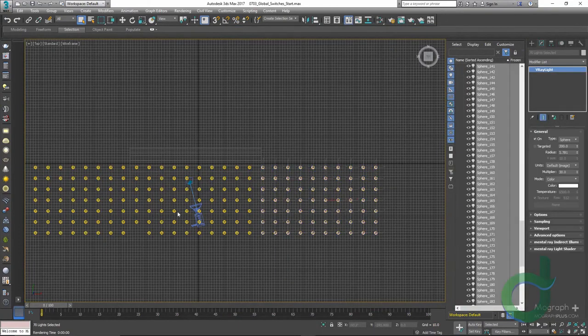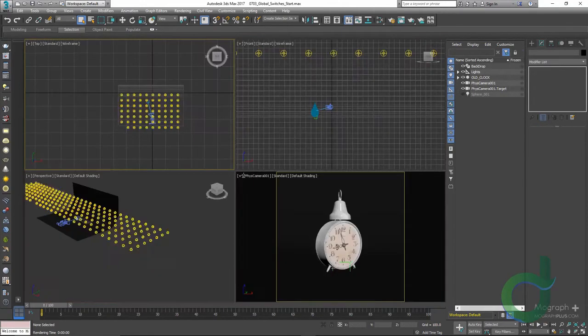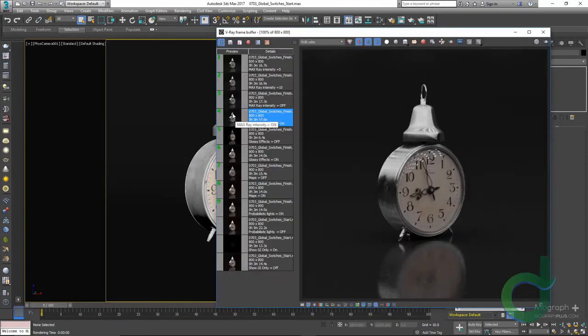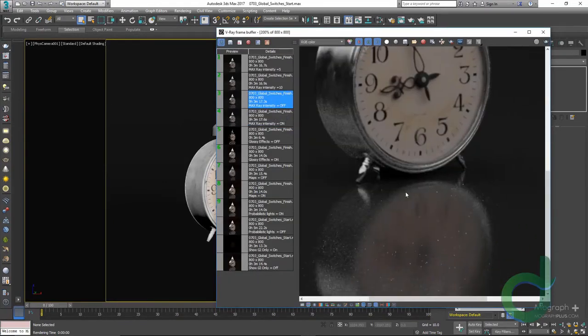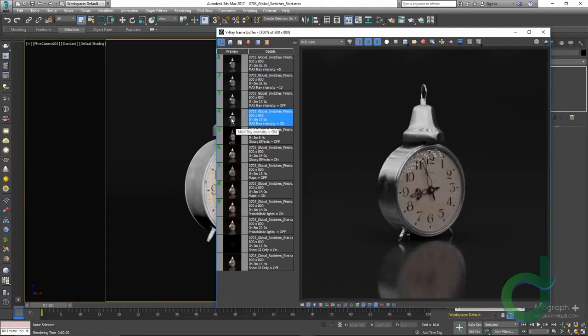In the first render, max ray intensity is on and set to 20. And in the second one, it is off. You can see when it is off, we get very bright pixels here and there, and when max ray intensity is on and set to 20, we get rid of some of those very bright pixels or fireflies, but not